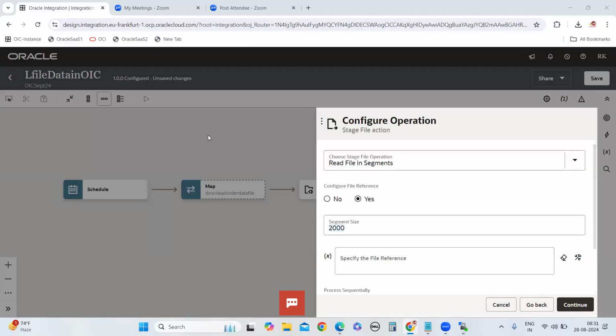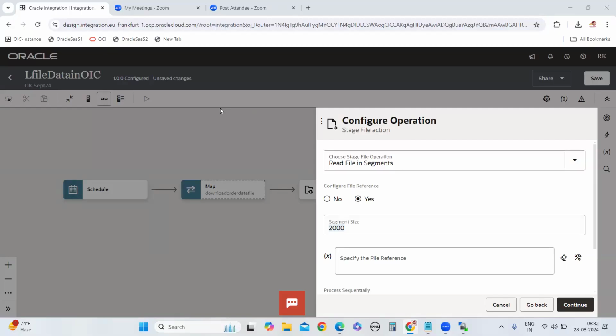In Gen 3, it is following the Redwood theme. This is the Redwood theme. All the Oracle Fusion pages will move to this theme in the coming days. That is one thing. Another thing is that in OIC Gen 3 we have a project option available, whereas in Gen 2 there was no project option. So that is another difference.